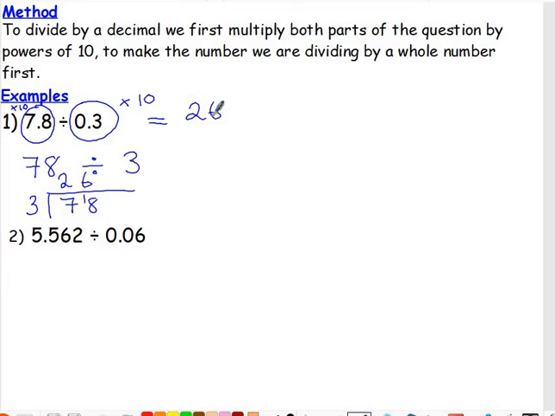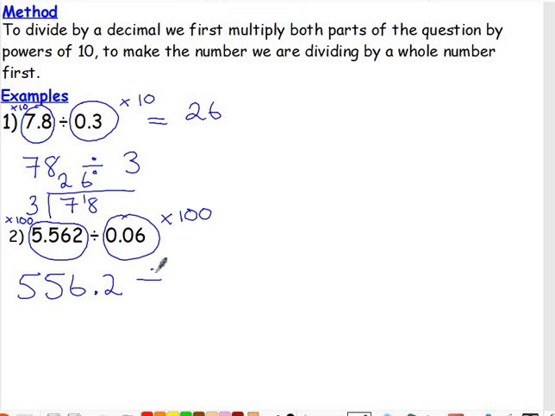Looking on to example 2 then. 5.562 divided by 0.06. Well, in this case, we're going to have to times the 0.06 by 100 to make it a whole number. Because we've times this side by 100, we must do the same on the other side. It doesn't matter if this value remains as a decimal. If the number we're dividing is a decimal, that is absolutely fine. So 5.562 times 100, remember each digit moves 2 places to the left, so we end up with